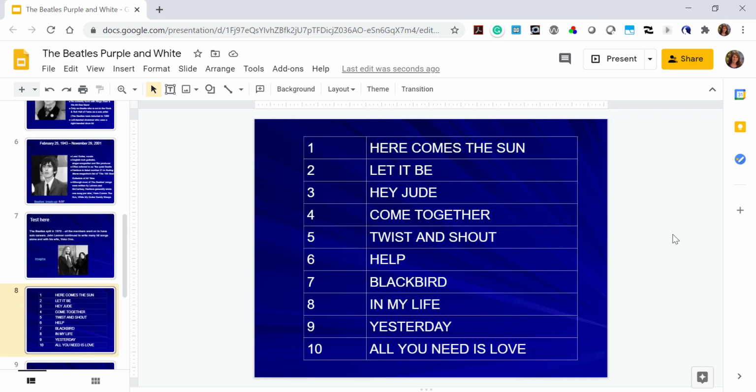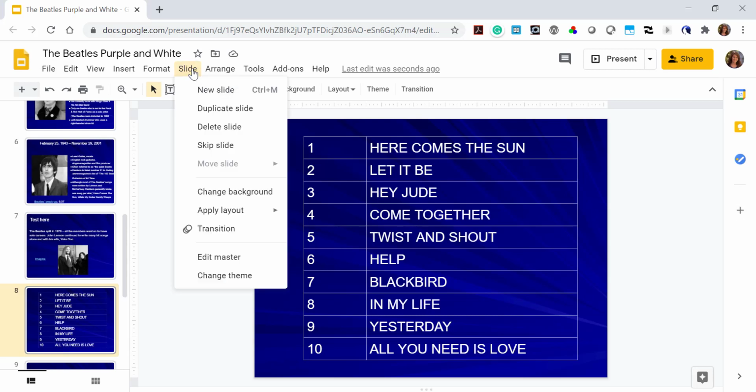Slide 8 is showing a list of the most popular songs. However, if I am not familiar with the Beatles, I may not understand what that list means, so adding a slide title is going to give me better context. The way I would add in a slide title is to go up under the option for slide and then